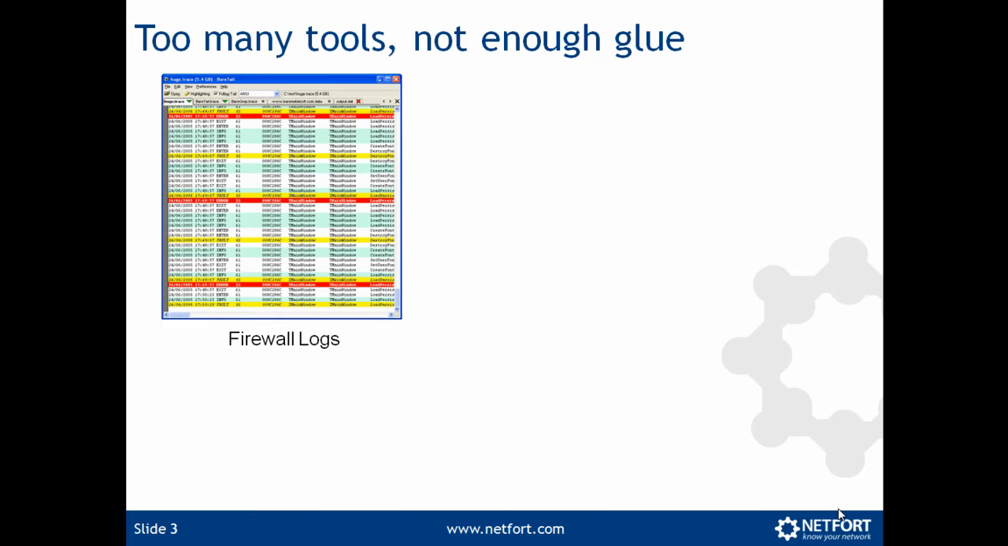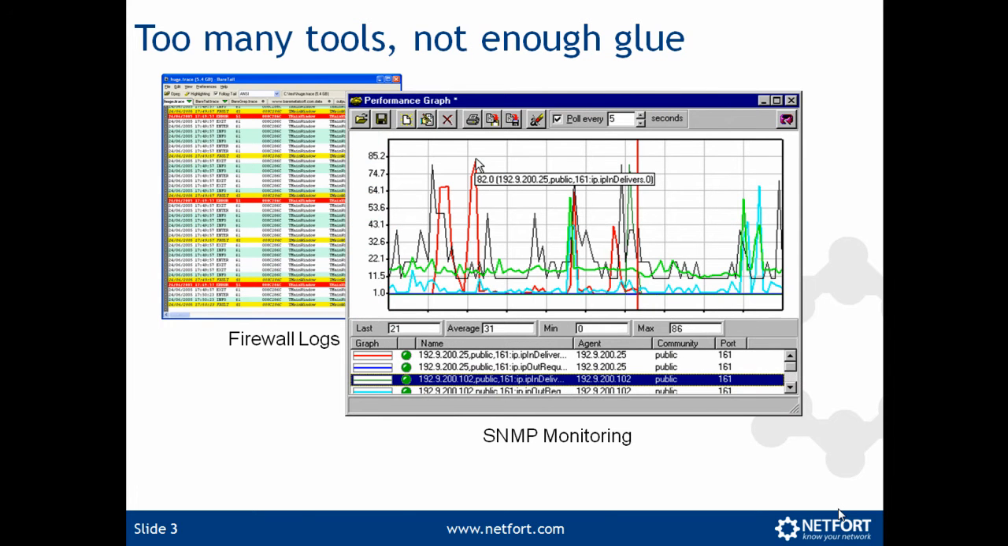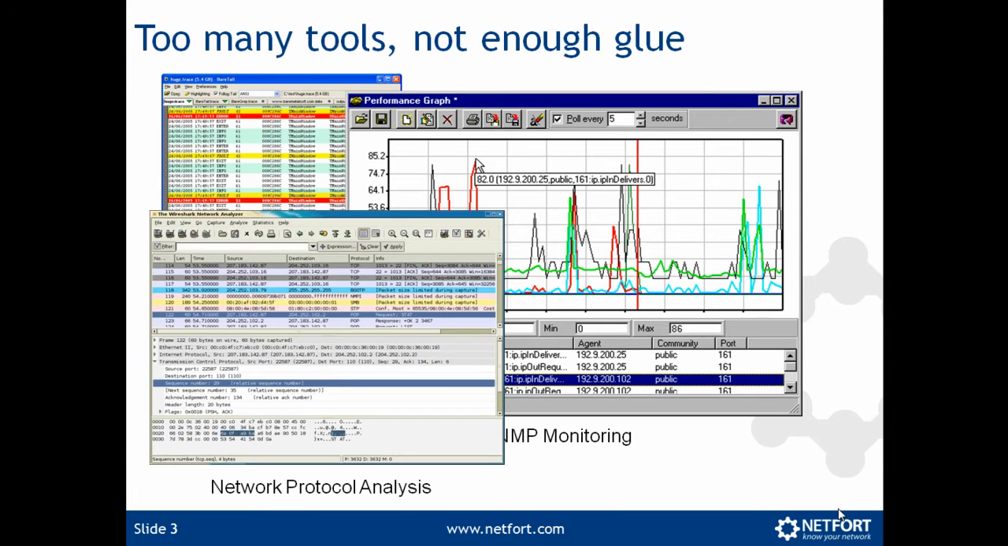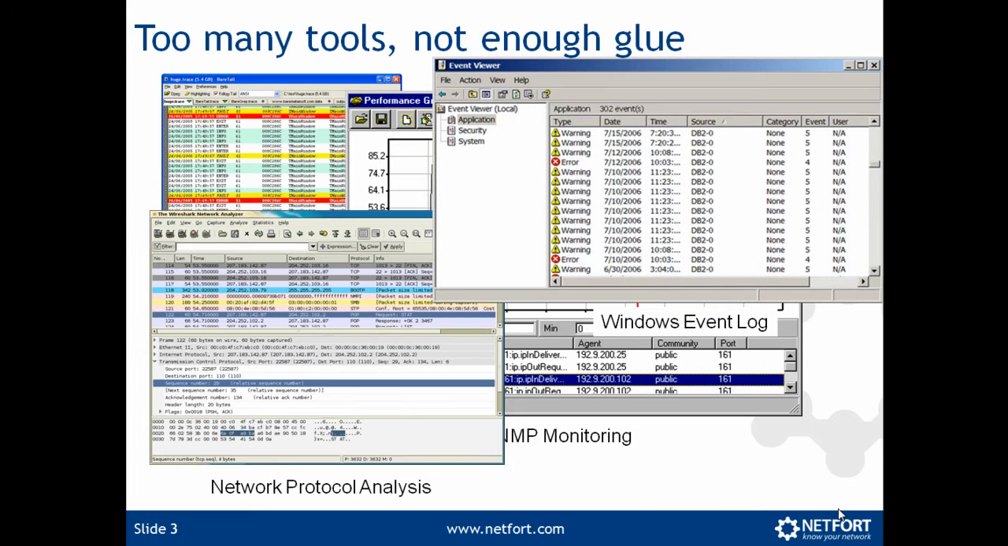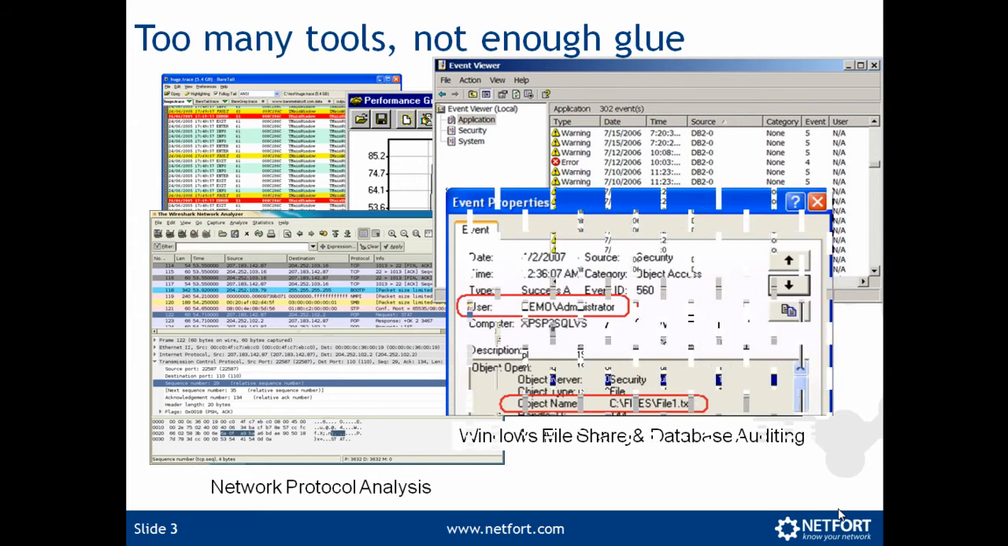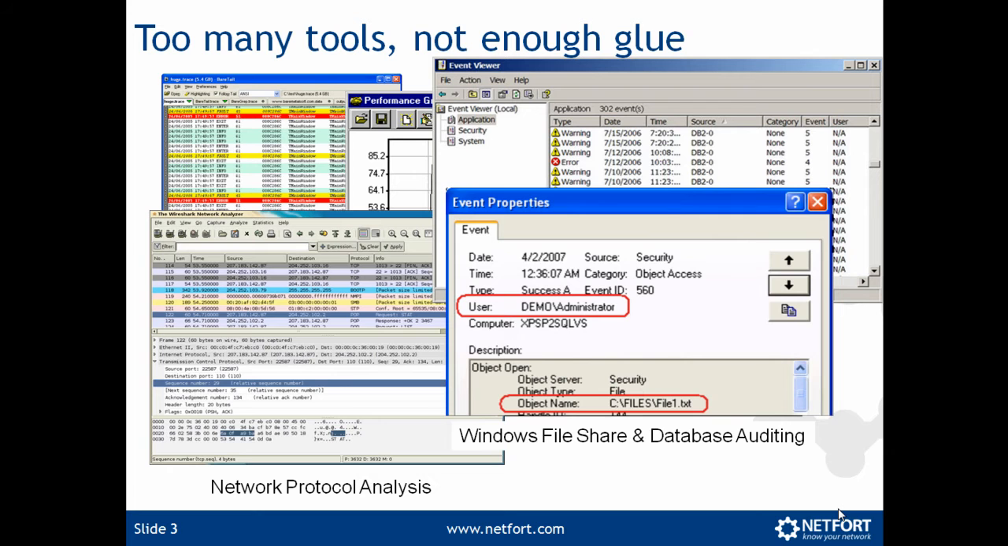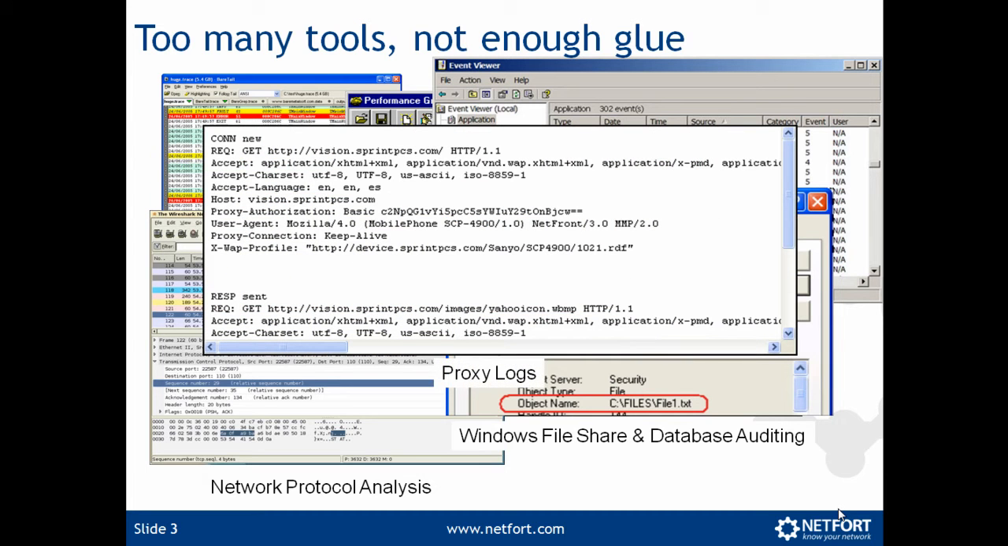However, internet monitoring can involve scanning firewall logs, setting up SNMP monitoring, looking at network protocol analysis, scanning through Windows event logs, maybe enabling auditing on certain servers, maybe also scanning through proxy logs. So there's lots of data all over the place, so you end up with too many tools but not enough glue to bind them together, so you don't have a single pane of glass view of what is happening on